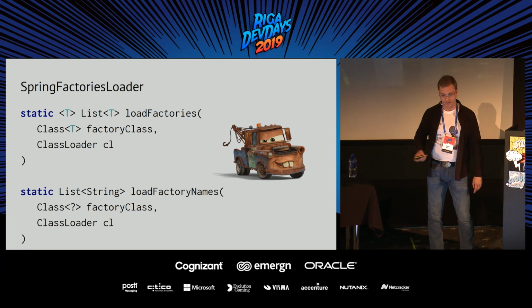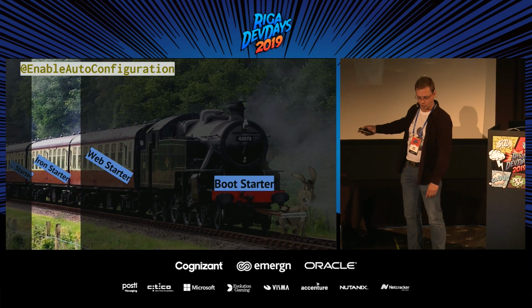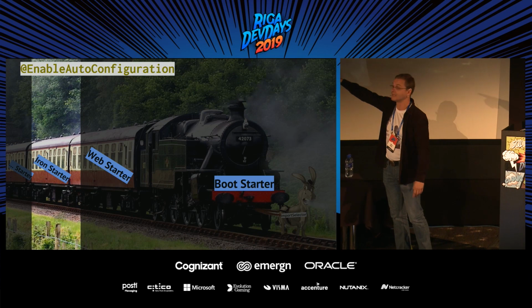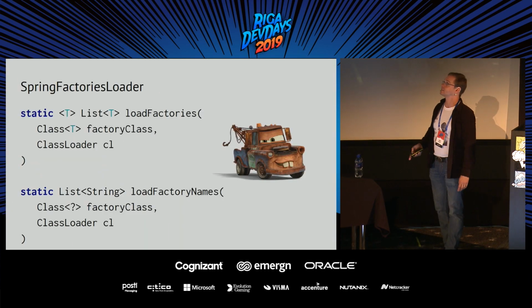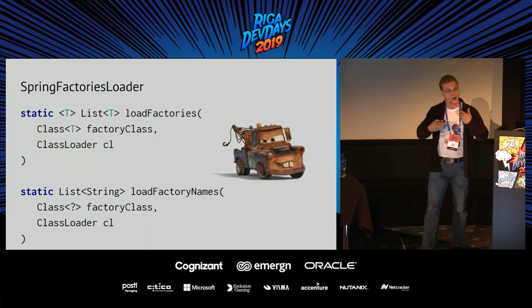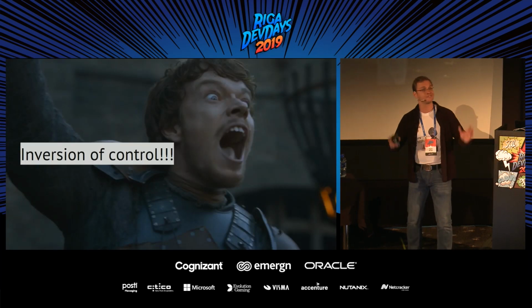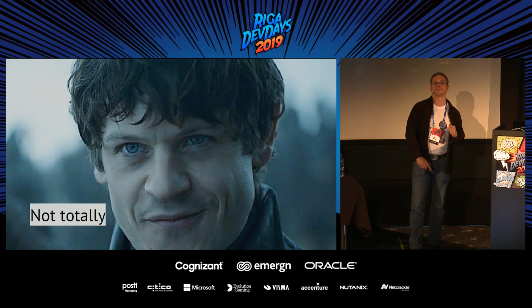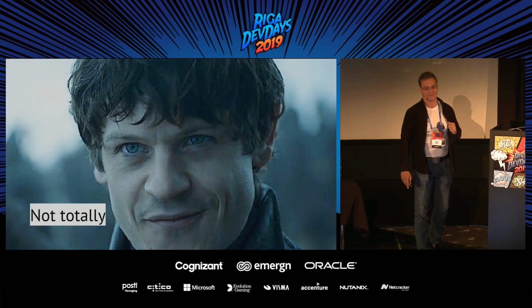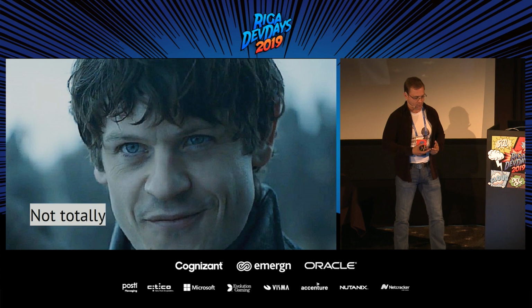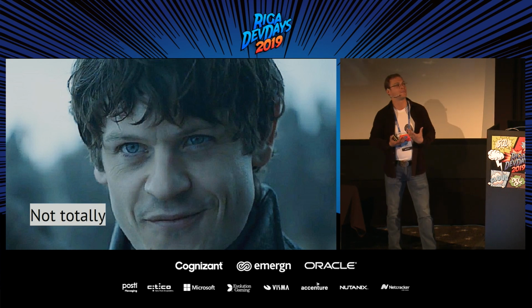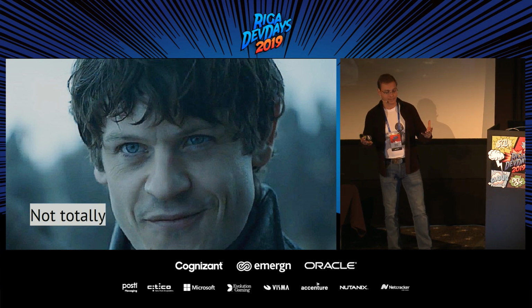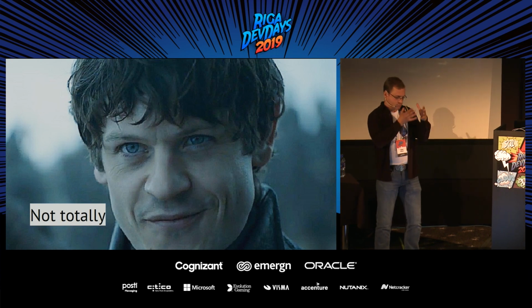And the EnableAutoConfiguration annotation, which brings us the import selector, does exactly this, using this mechanism to find all these values. So we received a kind of inversion of control of the starters. But it's not totally, not exactly. So when I try to understand by myself how people should write starters, I see that any starter